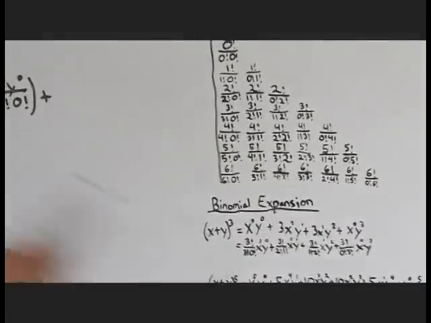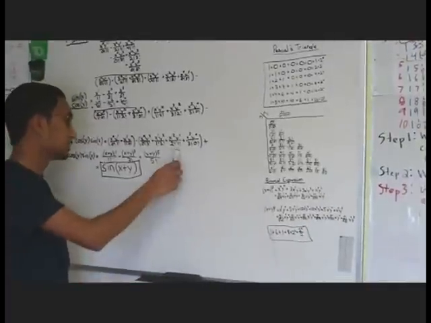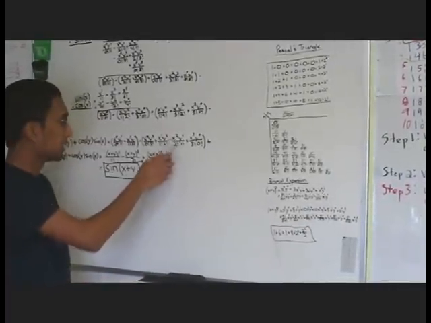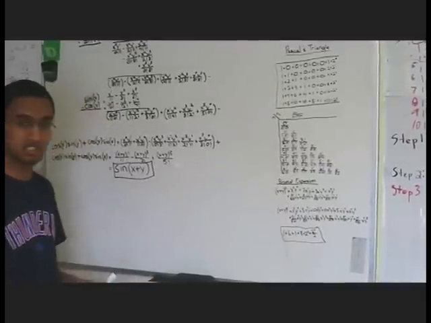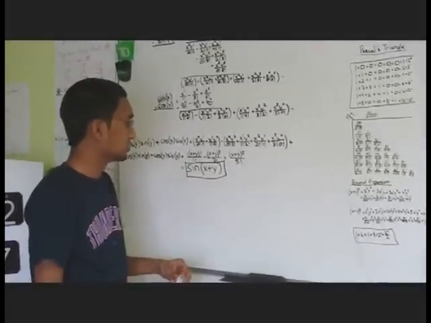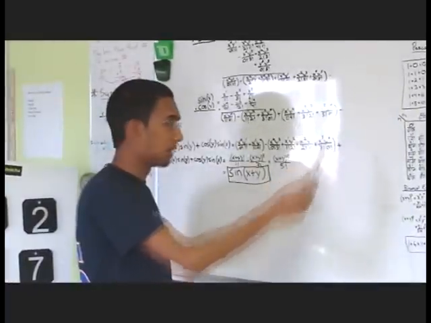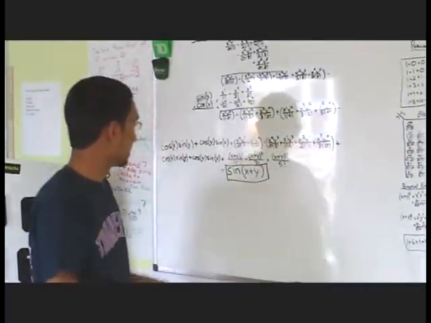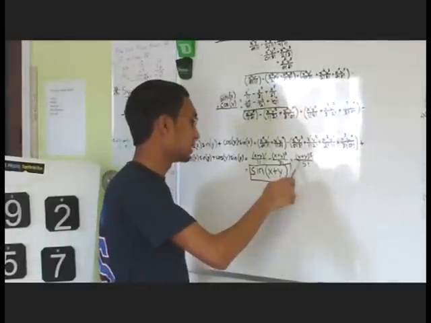Now, comparing this and this, we can see that it's identical except for the fact that here we must divide it by 3 factorial. And seeing the pattern, using patterns we can determine that that is going to continue on. And now we can see that that is equivalent to